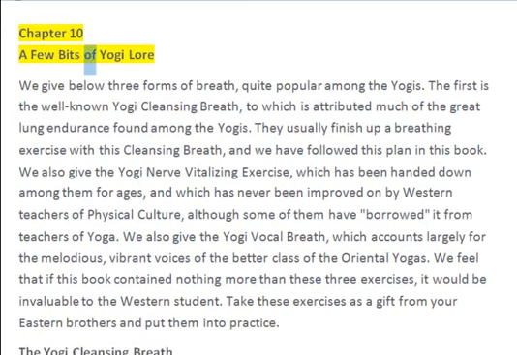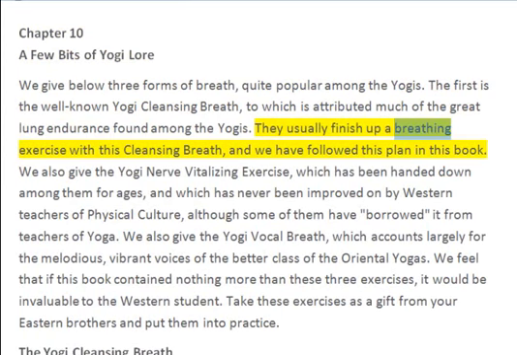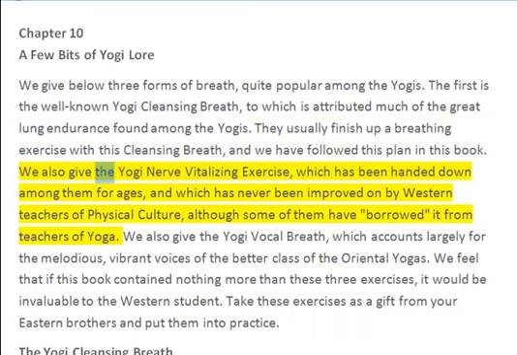Chapter 10: A few bits of yogi lore. We give below 3 forms of breath, quite popular among the yogis. The first is the well-known yogi cleansing breath, to which is attributed much of the great lung endurance found among the yogis. They usually finish up a breathing exercise with this cleansing breath, and we have followed this plan in this book. We also give the yogi nerve vitalizing exercise, which has been handed down among them for ages,